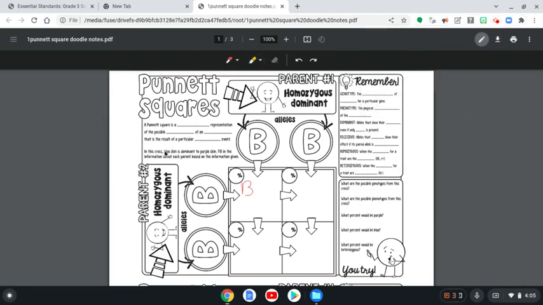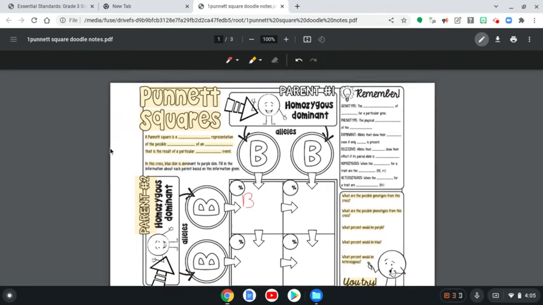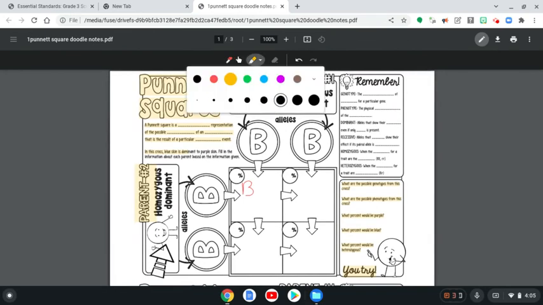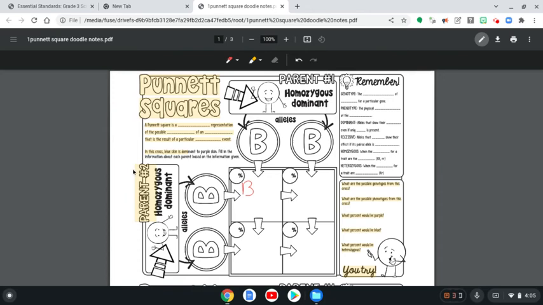It says blue skin. Blue skin is dominant to purple skin. So blue skin is going to be a dominant B. Purple skin is going to be a recessive b. When you have